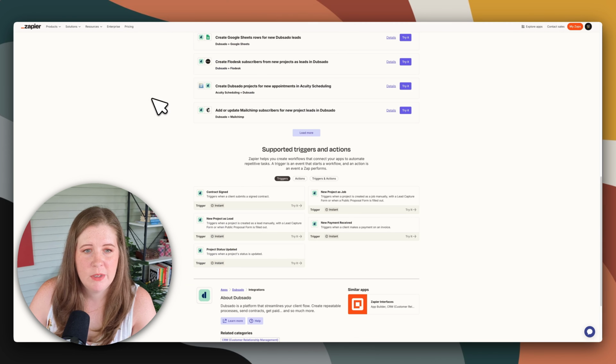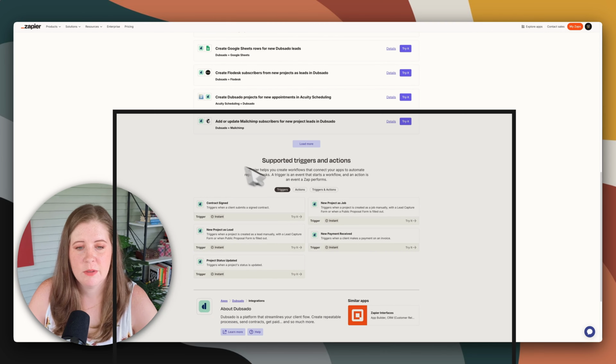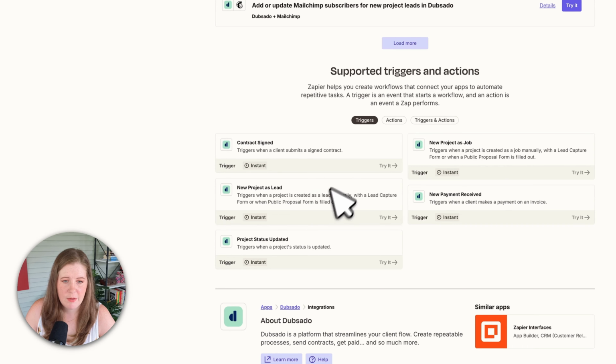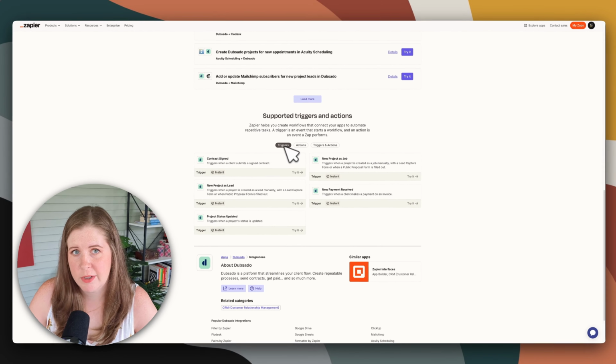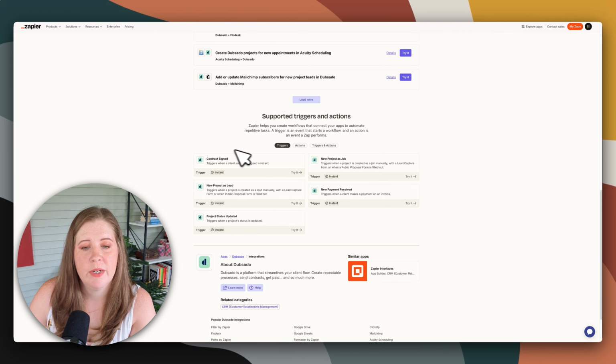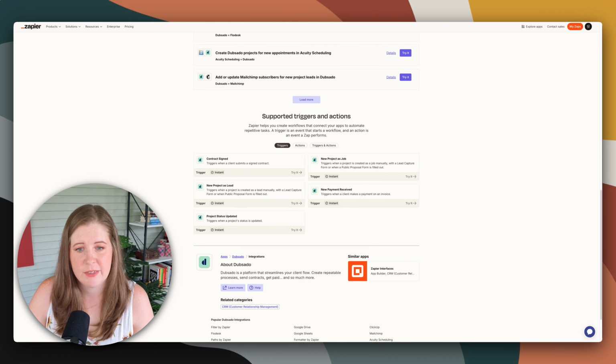So if we open Dubsado's page, if you scroll down near the bottom on a lot of these, look for supported triggers and actions. That's going to give you a filtered list. Look for your triggers. This is going to be the thing that kicks off the Zap and starts the automation. And what you're looking for is something that's related to the process that is part of your booking system. In other words, in Dubsado, usually the project isn't booked officially until they've signed their contract and paid the first